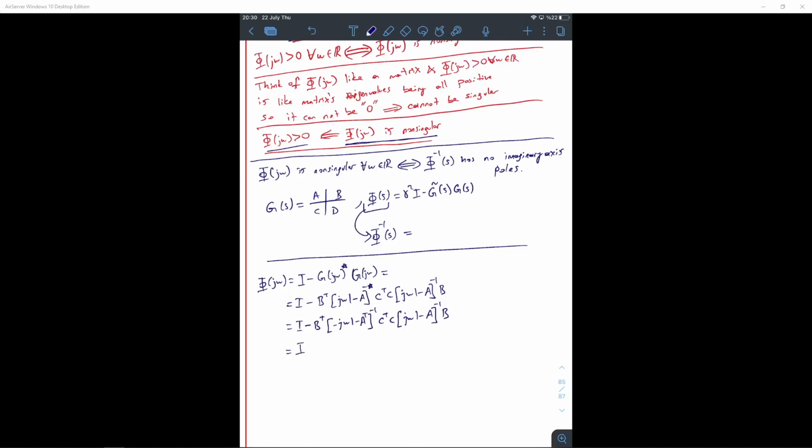identity plus B transpose j omega identity plus A transpose. I hope I'm not making a mistake. No, it's okay, inverse C transpose C, right, times j omega identity minus A inverse B. Okay,